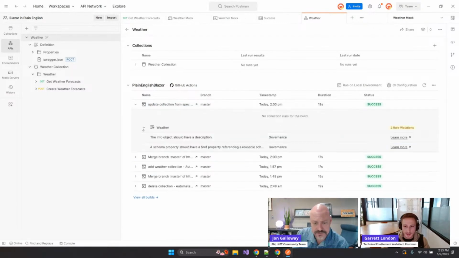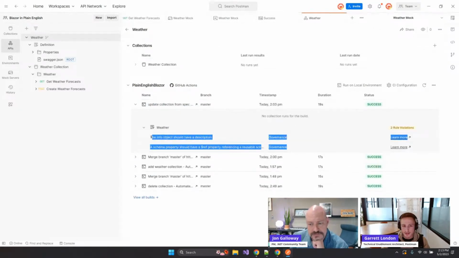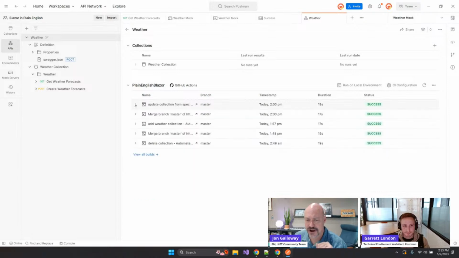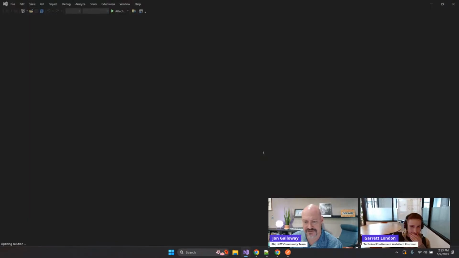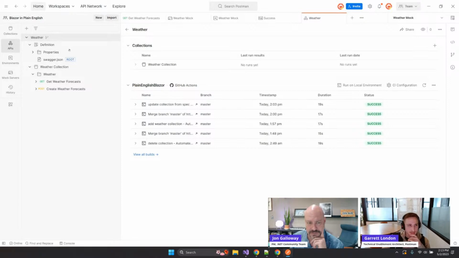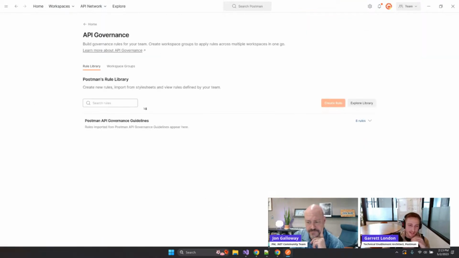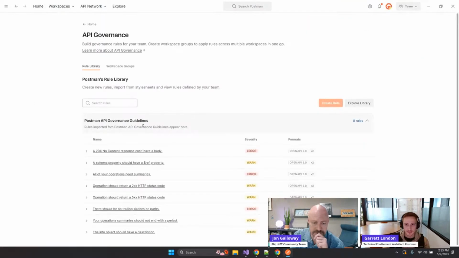You can see quickly that I've run a couple governance checks as part of CI/CD. So this is validating my OpenAPI specification. So governance is kind of the validation step, saying, hey, you've defined a spec and your updates have not broken that. Correct. So let me show two things quickly. This is the API governance, an enterprise feature. Just so you see that I have an error severity: all my operations